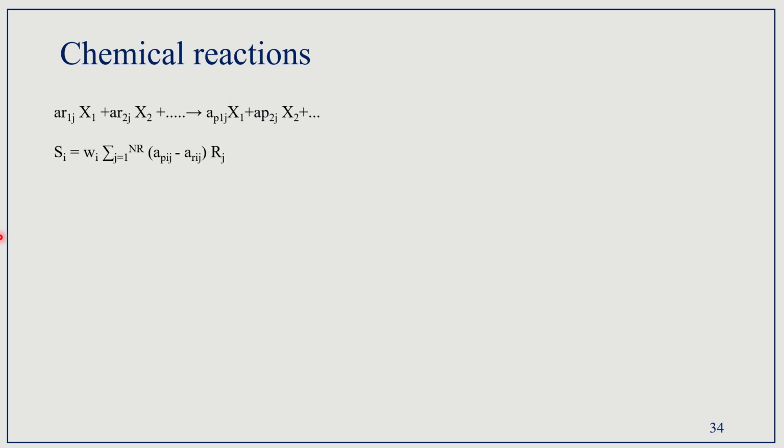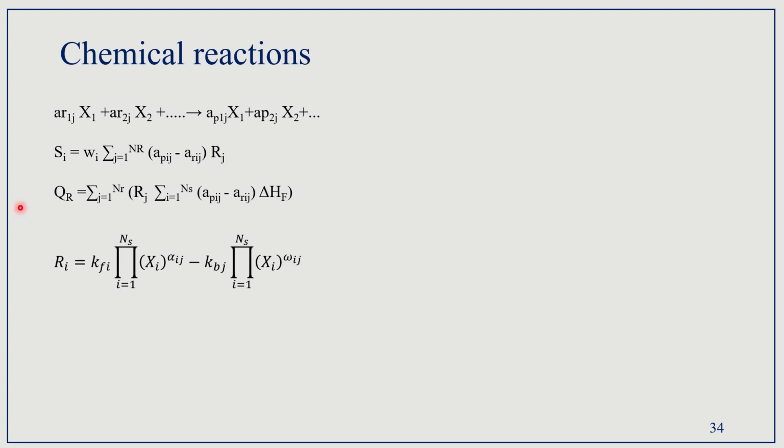So the source term would be the weighted fraction of product minus reactant into that particular component's rate of reaction. So here again we have the rate of the reaction. And one more term we saw in the energy balance equation, or energy conservation equation, is the Qr. What it is doing is, the rate of the reaction is coming over here, and it is A_P,ij minus A_R,ij